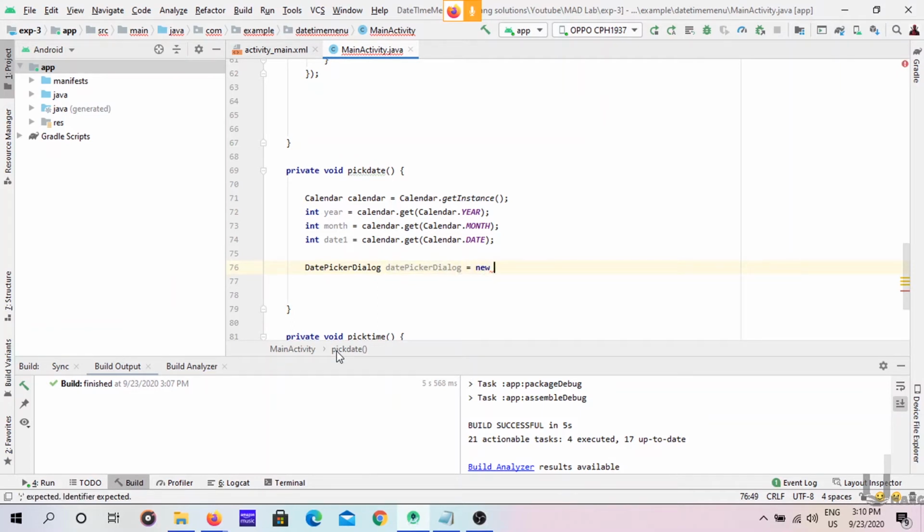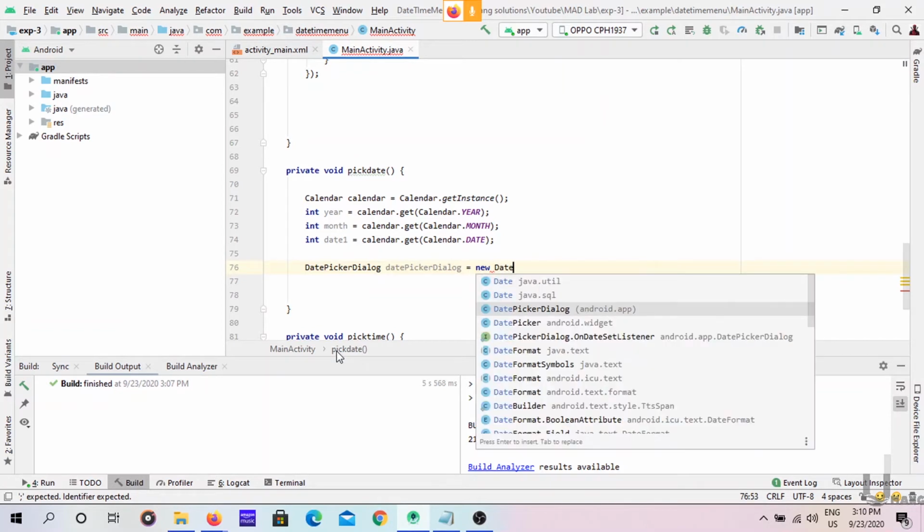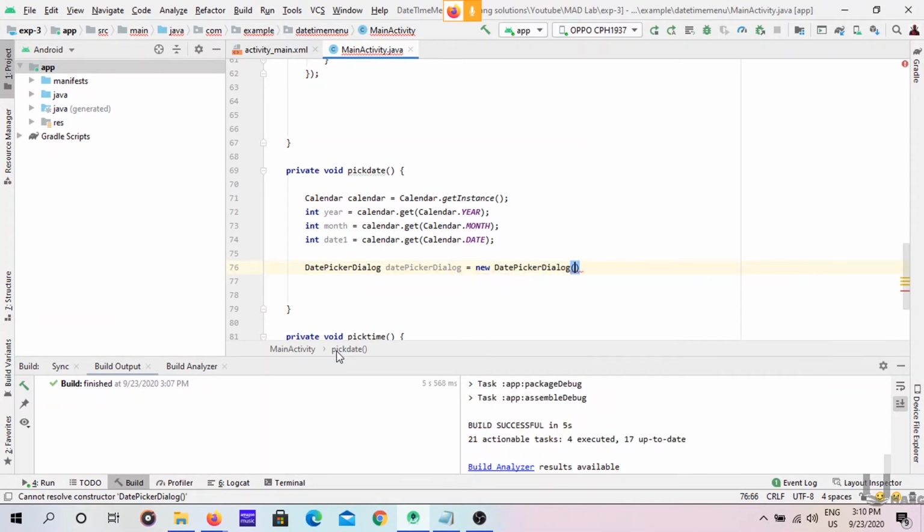It is suggesting me everything. So date picker dialog, is it a method or class? Android Studio will suggest that also. Wait a second, I will show you one trick to know whether it is a class or a method.